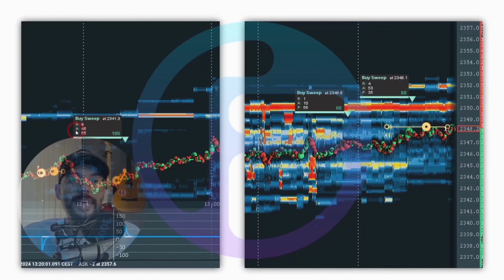Okay, it has a section called active, shown as A. Now you see here that out of 100 volume triggered, 45 were on the side, essentially the aggressives or actives, and 55 were on the passive side. However, these 55 were either executed and consumed, contributing to that sweep, or not. They were not executed at that time, and instead they were held and then used later, remaining present and visible